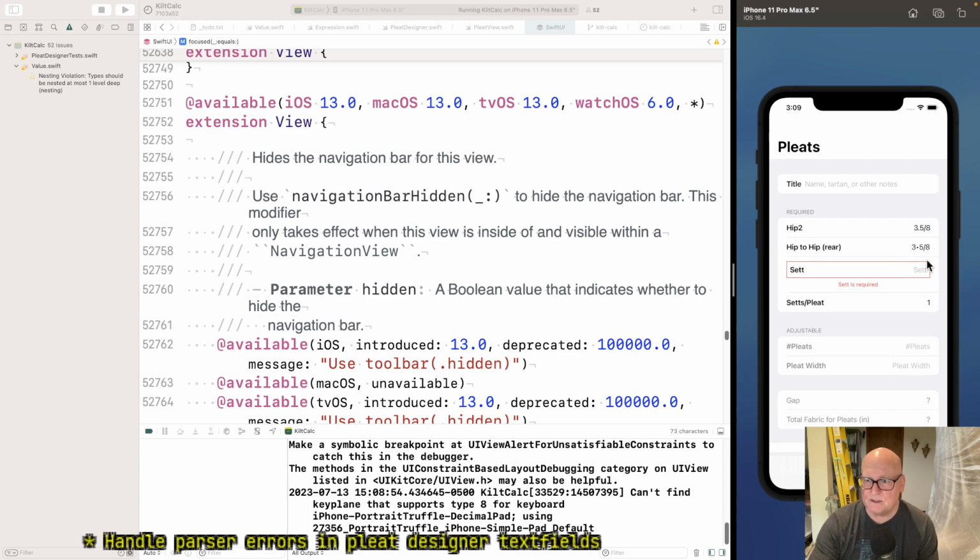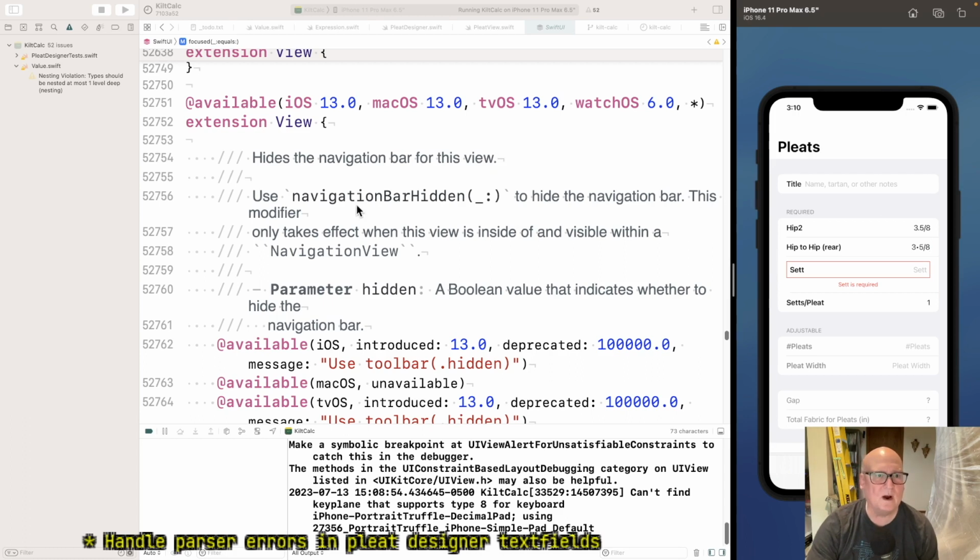This hip to hip rear is the original approach, and we're kind of spiking around trying to get this to work the way I want. Where we are is okay, but it doesn't update with that little mid dot, instead of a decimal point, it's a little bullet or mid dot. We'd like it to be when you move fields, like I just hit tab, that it says, oh, I guess you're done with that now. Let's format it and be happy.